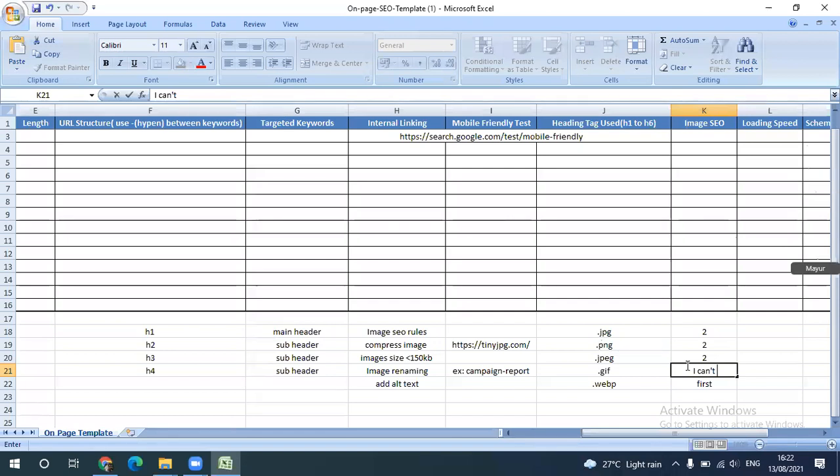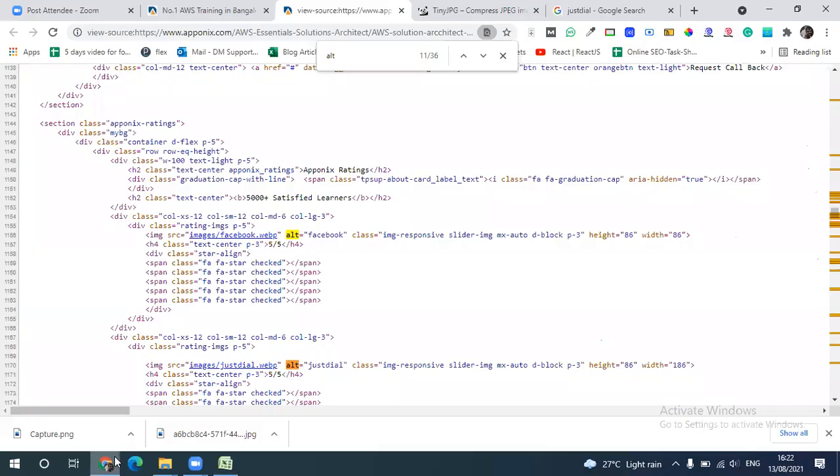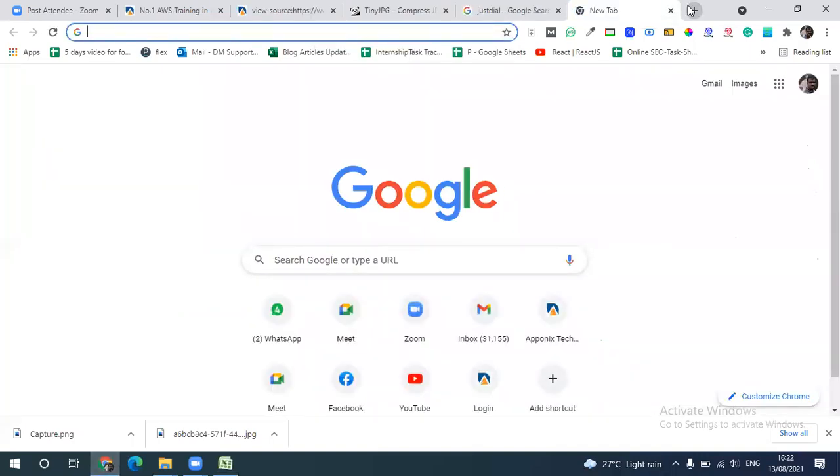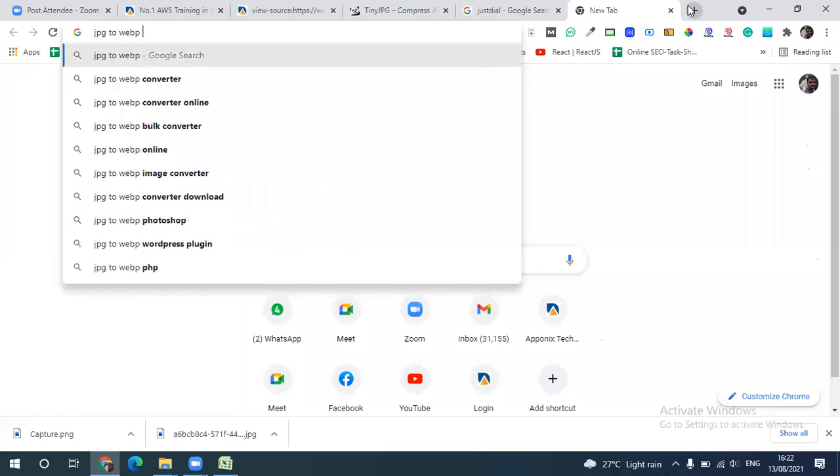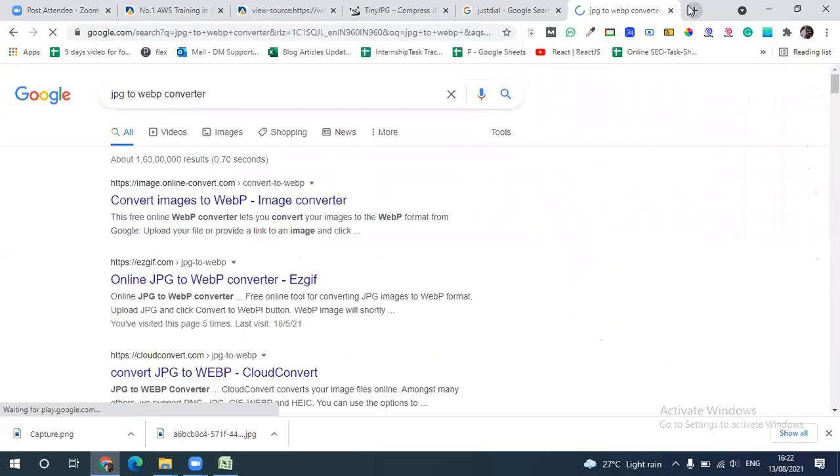And WebP may be new for you, so I will tell you how to convert any image from JPG to WebP. Just go to Google and search for JPG to WebP conversion or converter. You get it here.